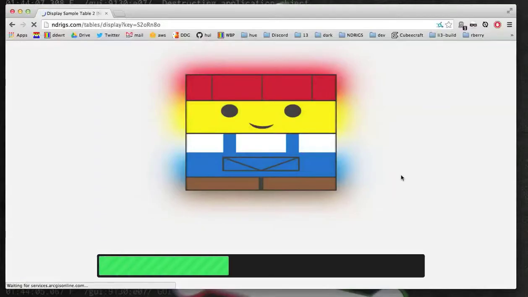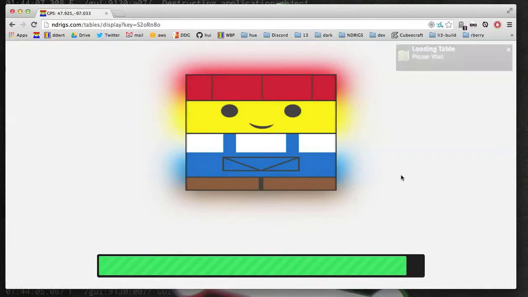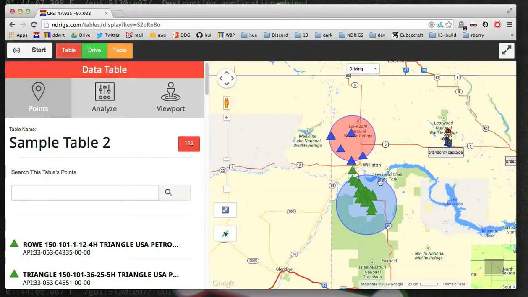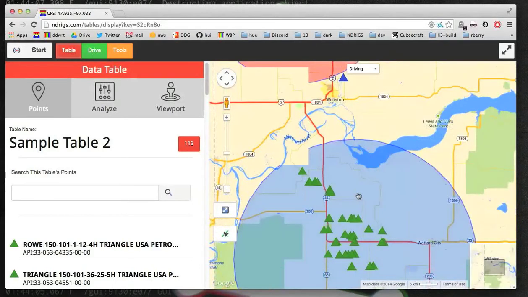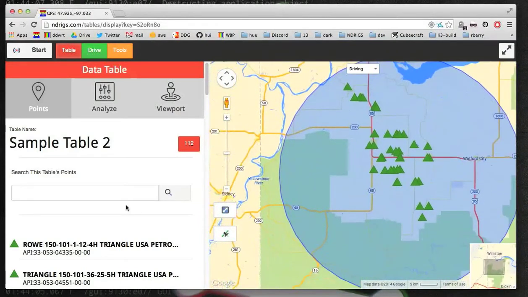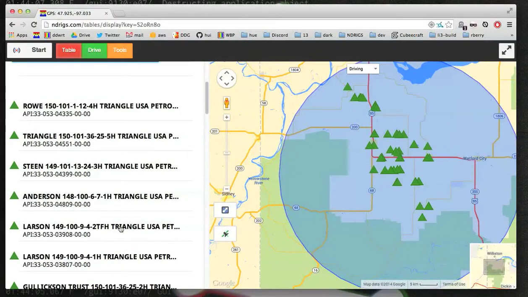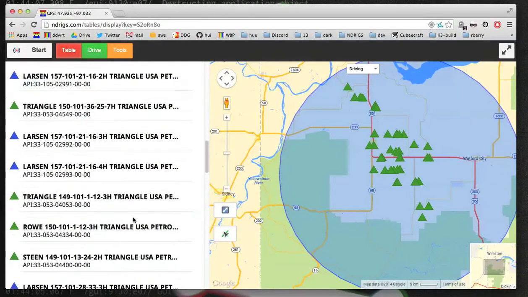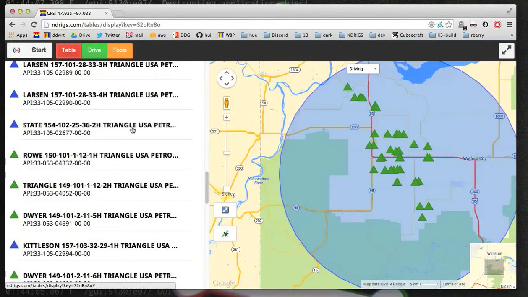This pulls up the Fusion map. And there you can see there's our green triangles, our two different radiuses that we've created. You can also still view the points and search through the points here with this sidebar. Any of the locations you select, you can zoom in on, drive to that specific location, or you can click trip add, which doesn't immediately do anything,